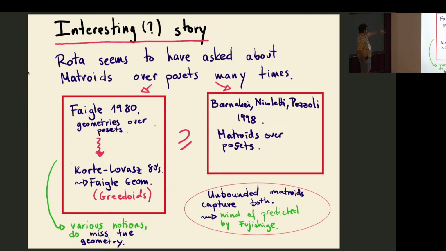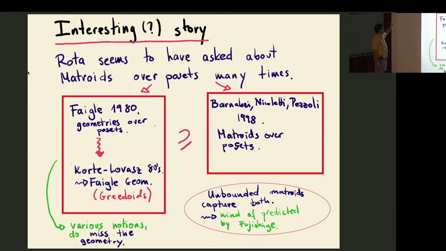The problem is that when they got stuck here, Faigle tried to come up with a bunch of notions of cryptomorphism and tried to figure out if this was a good definition. But he had two issues, and one of them is that, as someone influenced by Rota, he was convinced that the right notion was to study simple matroids instead of matroids, and that makes the theory much harder. And in this case, it actually makes the definitions